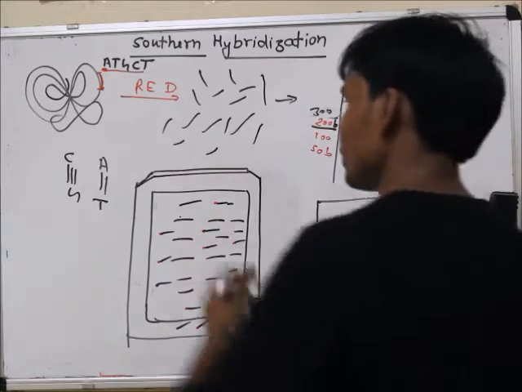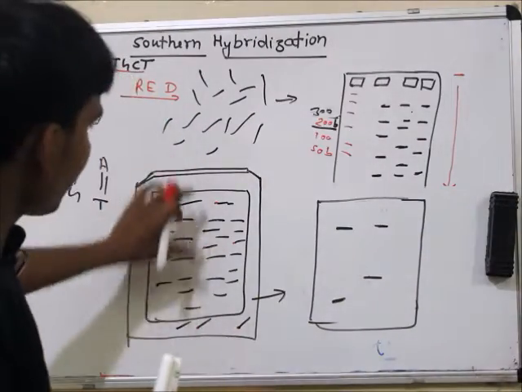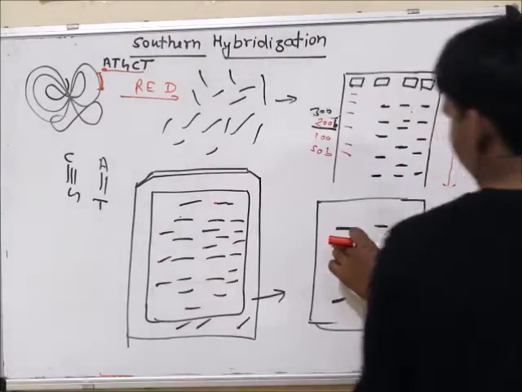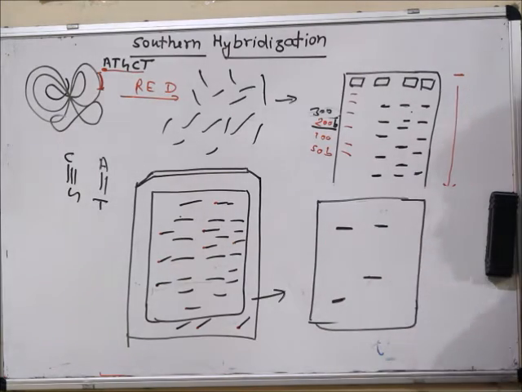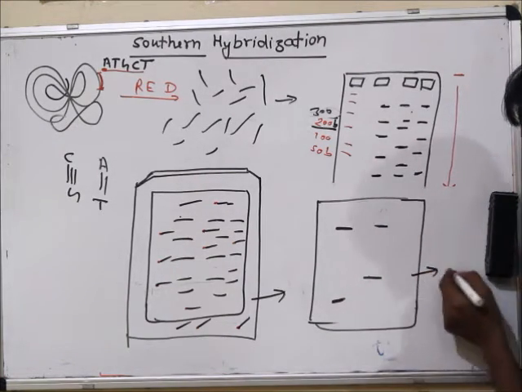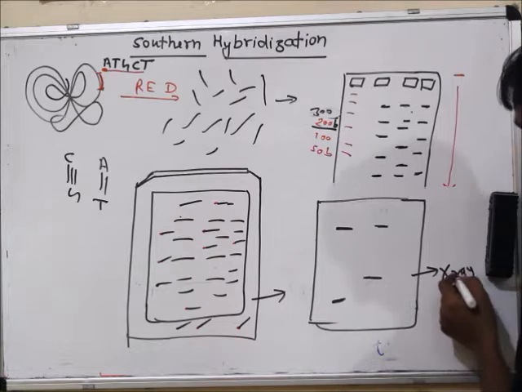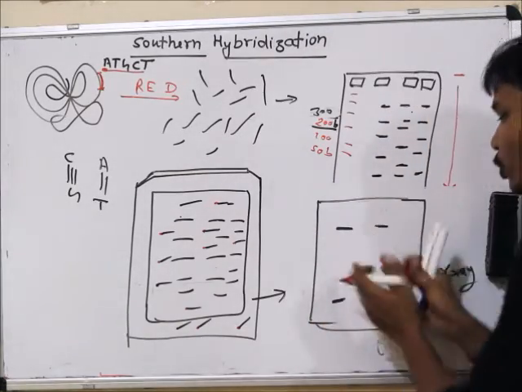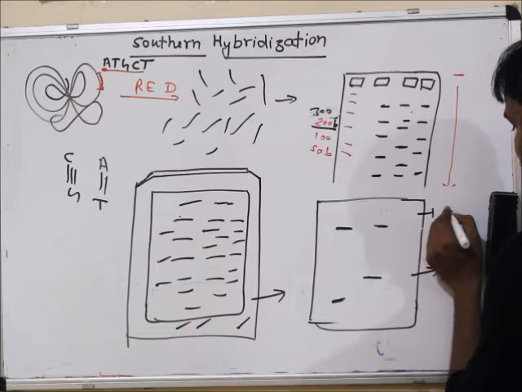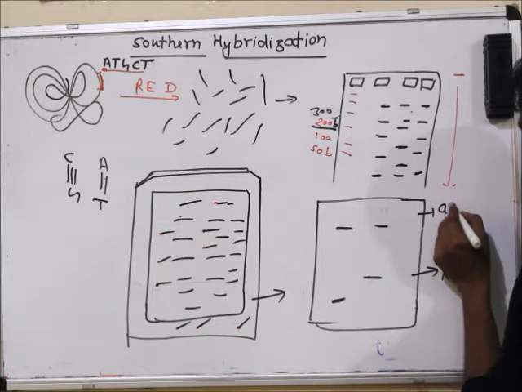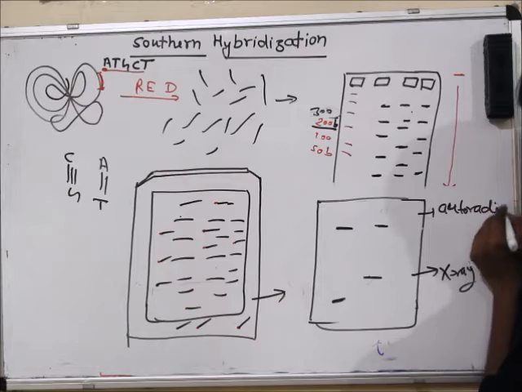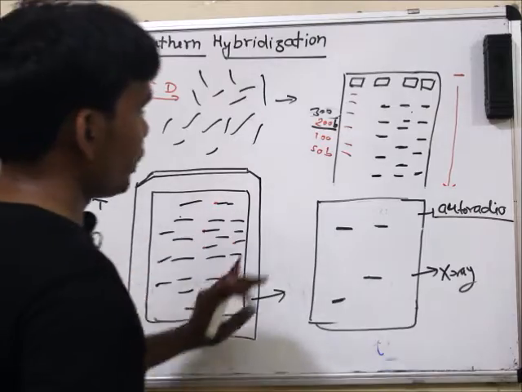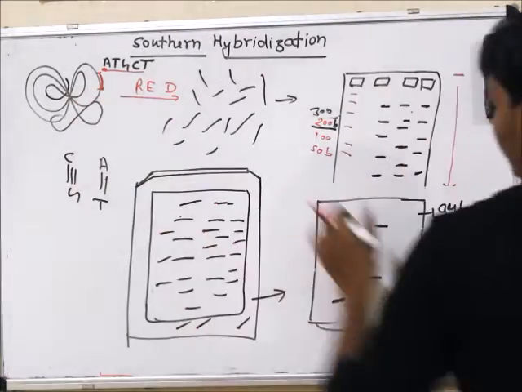If it gets hybridized specifically to that sequence, the probe sequence is the same, and it will get hybridized. If this is hybridized, in the presence of X-ray it will turn black. That is, a photographic film is obtained, and that is called autoradiography. Okay. This is called autoradiography. Then the specific sequence is known, and you will find that our desired specific sequence is available